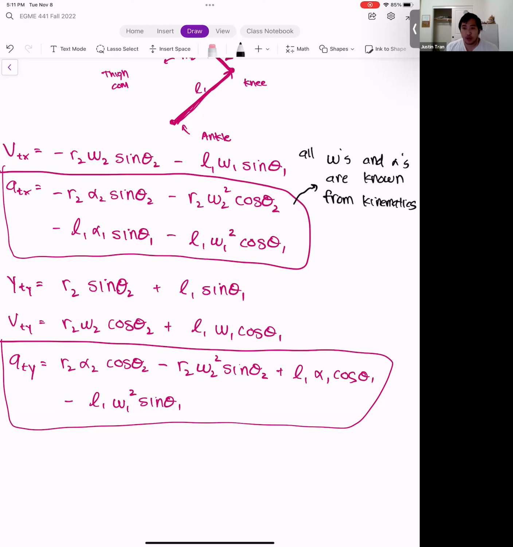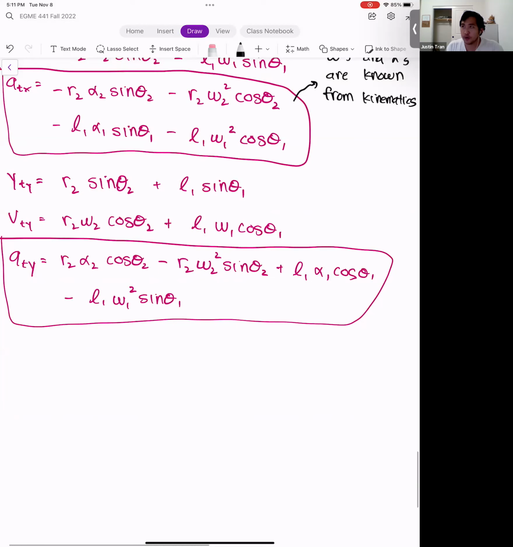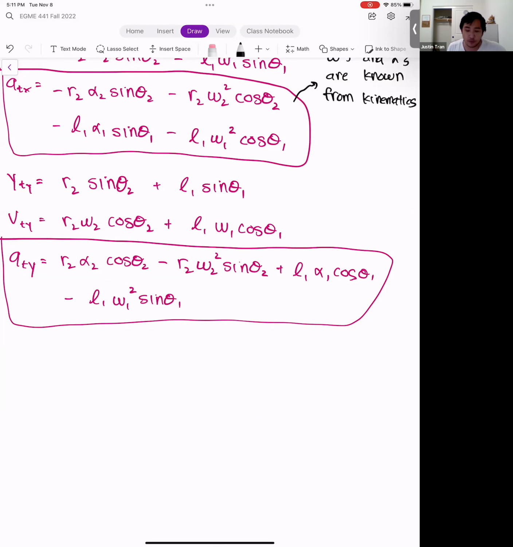Okay. All right, and so like I mentioned, we are just about out of time, but I did want to make a couple notes, especially because I think now you're in a good position to start the homework problem. Okay. All right, so the first thing I'm going to note is, if you remember when we started this example, we started at the foot and worked our way upwards. Okay. And the reason for that was because we had measurements of the ground reaction forces at the foot.